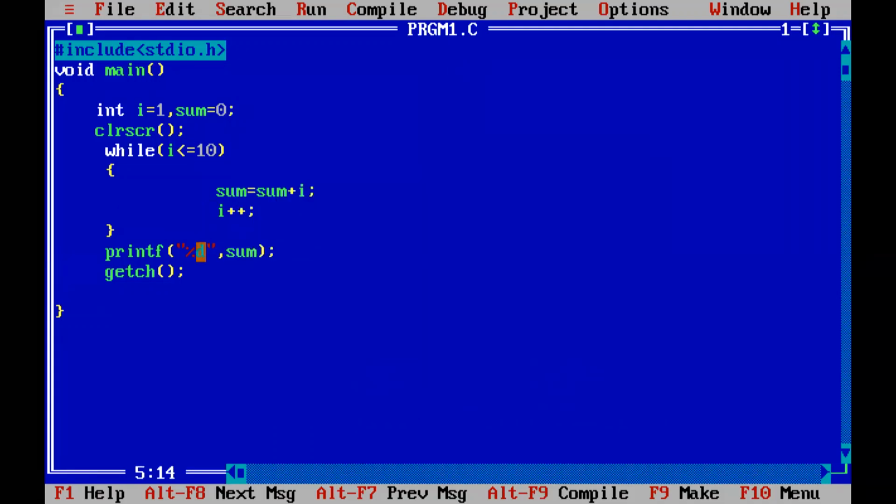So if you want to give a sentence, sum of first, or sum of 10 numbers, right?